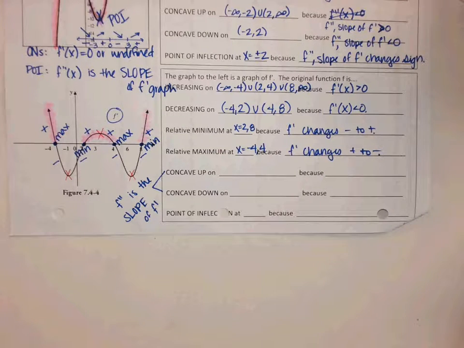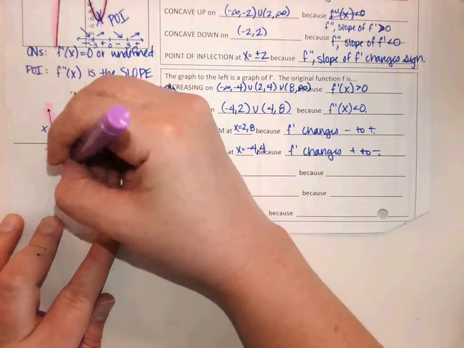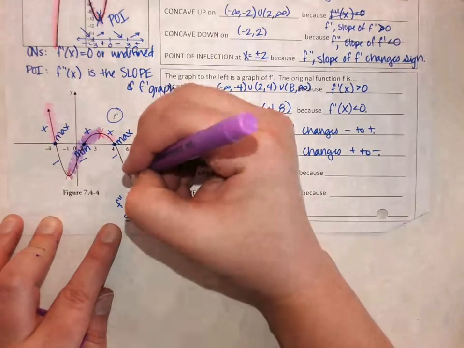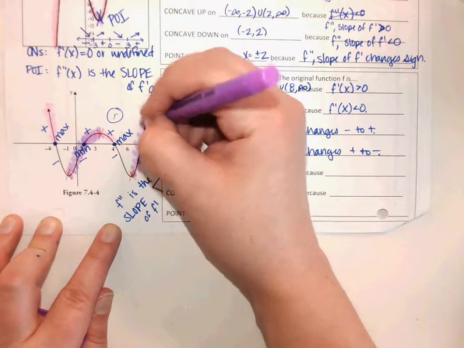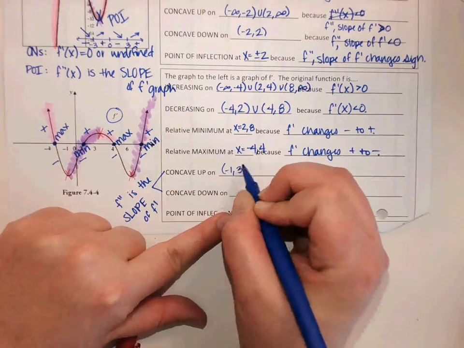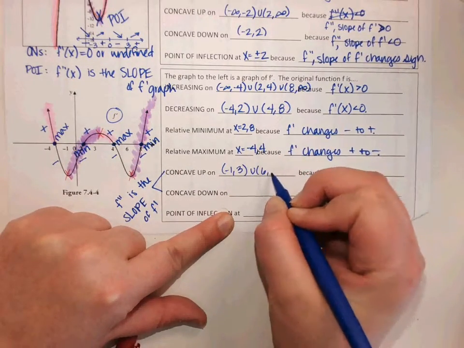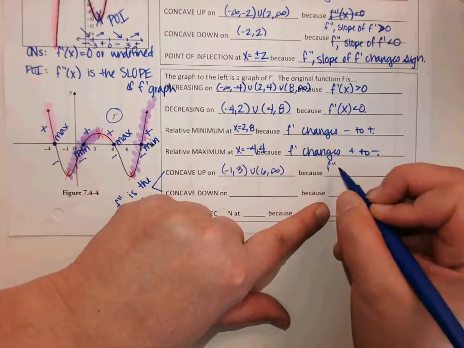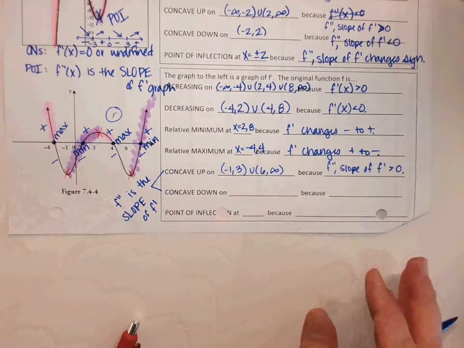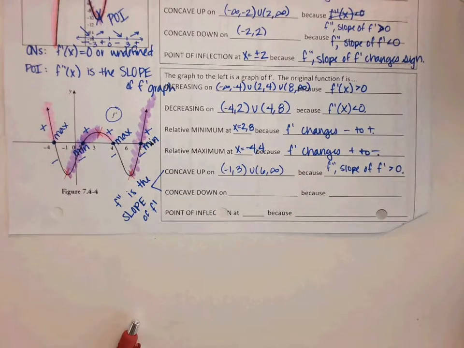Okay, where is my graph concave up? I'm looking for uphill sections. -1 till when? 3. Where else is it uphill? 6 to infinity. Very good. So I'd be looking for -1 to 3, union 6 to infinity, because f double prime, the slope of f prime, is greater than 0. My slope is positive, and that tells me that the slope of f prime is f double prime, which tells